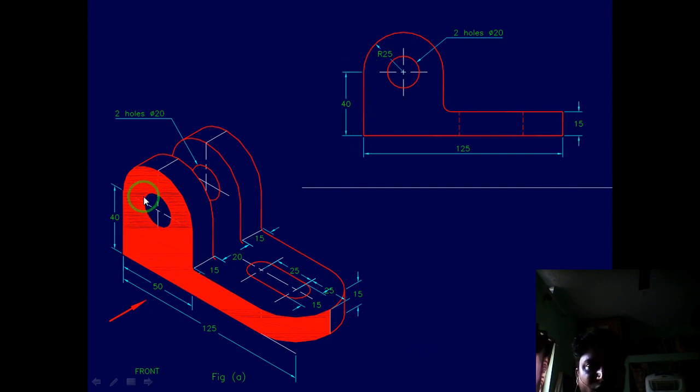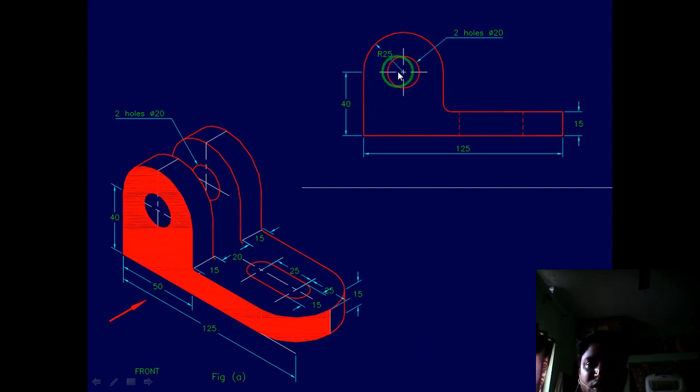We have to first complete this semicircle. A height of 40 should be drawn. From the height of 40, you observe this is semicircular, to be drawn with diameter 50. It's clearly shown here. Diameter 50 is nothing but radius 25. Now from this particular point, draw a horizontal line. Plot the center point at 25, and draw this semicircle up to here. When you draw this semicircle, inside we have a circular hole, a through hole. This circular hole also has to be drawn.